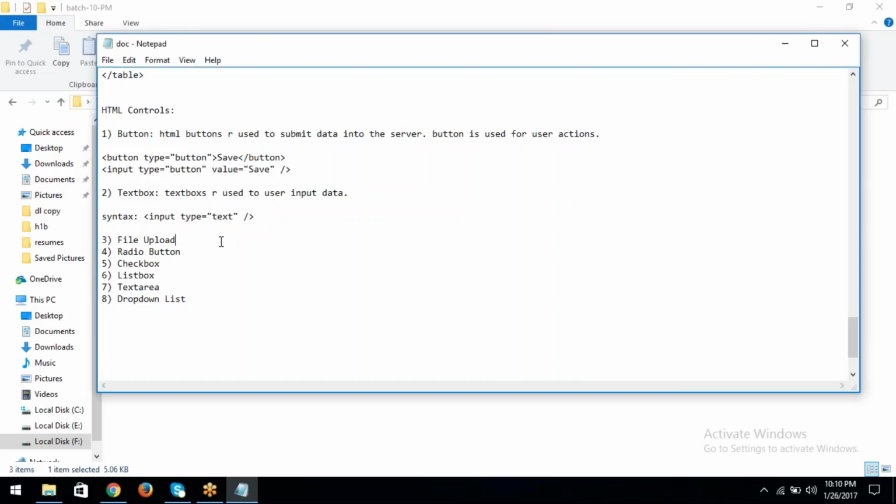File upload control. So the input file upload object represents an HTML input element with the type equal to file. The input file upload control